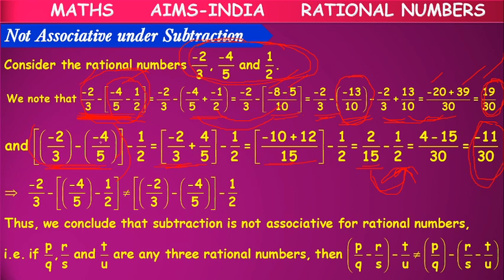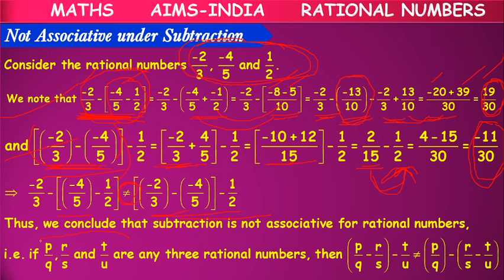Here, the rational numbers are the same. In the first case and the second case, the three rational numbers which we have considered are the same. But where is the difference? Why are we getting a different answer? Because we changed the order of subtraction, the terms which we kept in brackets changed. So because of the change of order, their values became not equal.